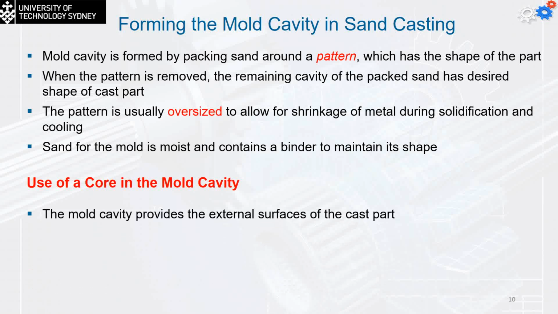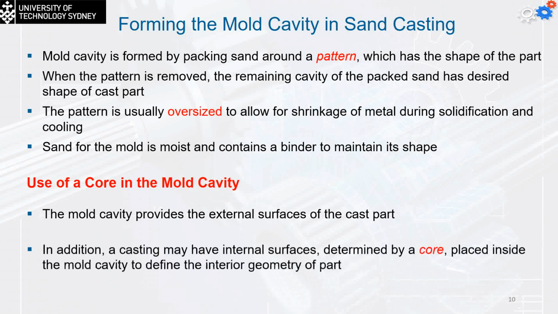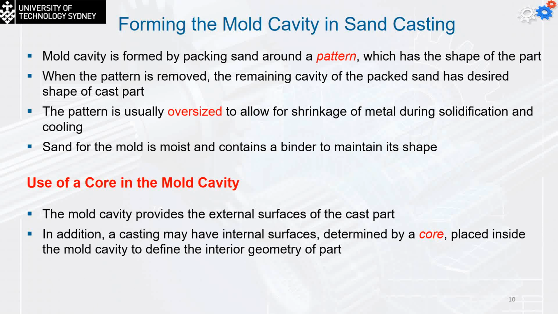The use of the core in the mold cavity provides the external surface of the casted part. But in addition, the casting may have internal surfaces determined by the core placed inside the mold cavity to define the interior geometry of the part. And in the sand casting, the cores are generally made of sand,